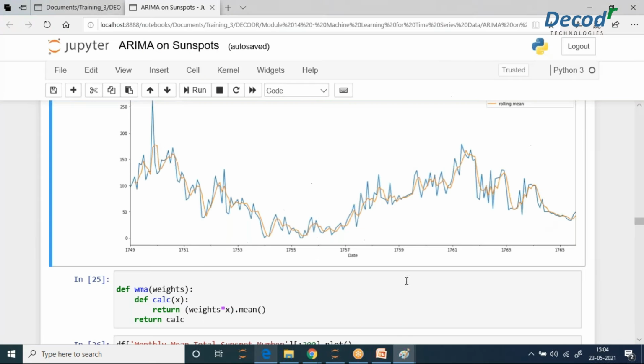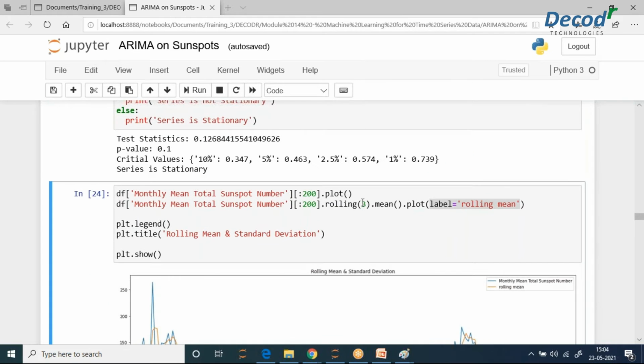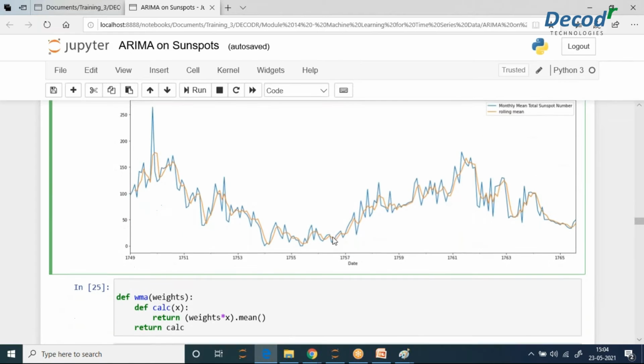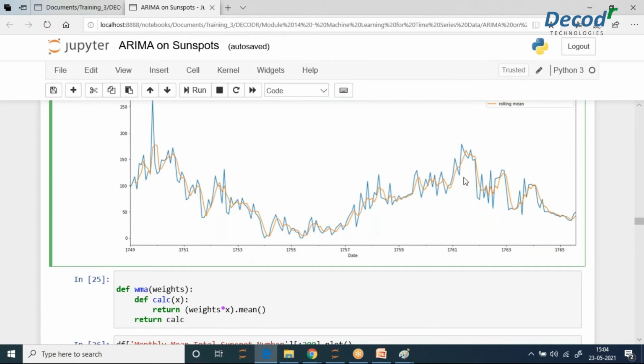So let's see the observation. It's not very great, right? We have done rolling mean, but using 3. Okay. So we are looking at the first 200 numbers and we are observing. This is our observation, that it is not very good. It's not that much overlapping, but yeah, it has worked out. If I think about whether this technique has any sense, yeah, it has sense. It's giving us good results.